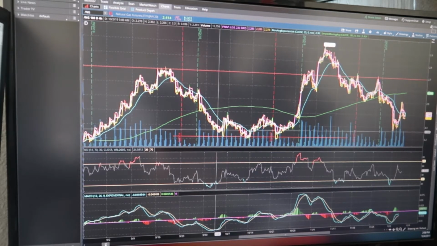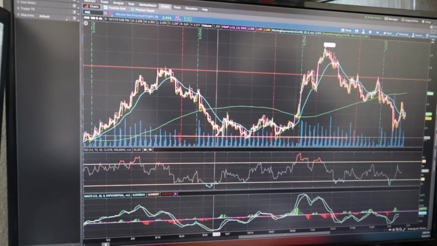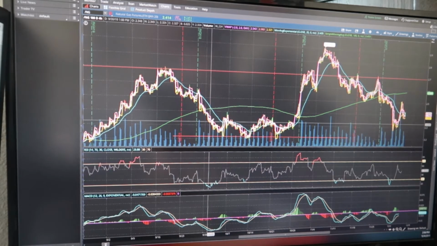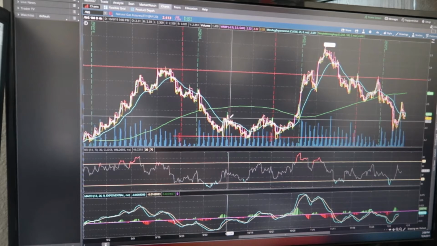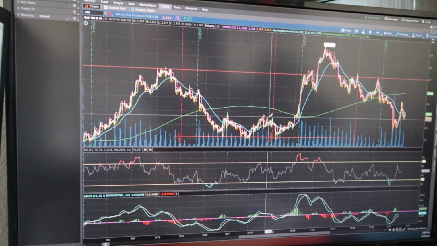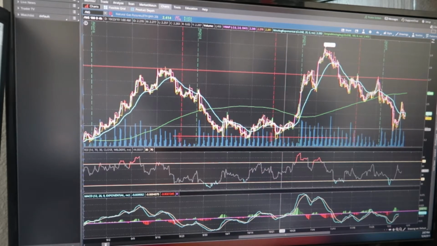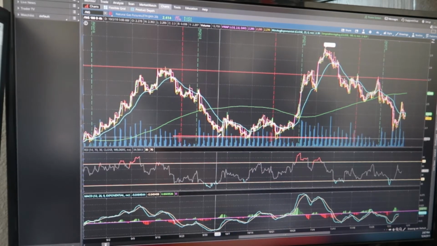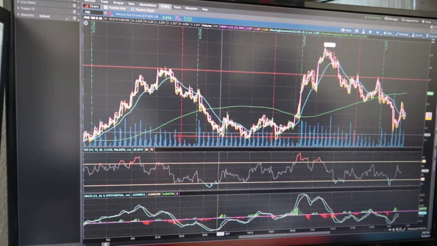So right now we're looking at natural gas. Right as it reached this general area of around 2.20, 2.21, you guys can see we had this bounce up. Boom, right? It came, touched it again, bounced up again. Came, touched it one more time, bounced up again. Now what does that tell us? That tells us that generally around this area, buyers are stepping in. They are seeing this specific stock or company as a good potential buy point,